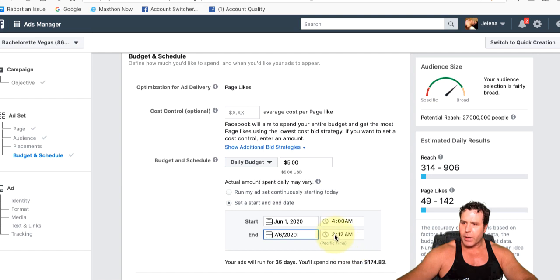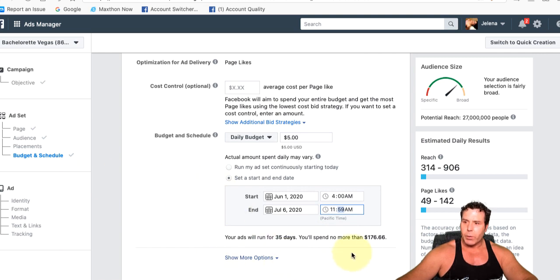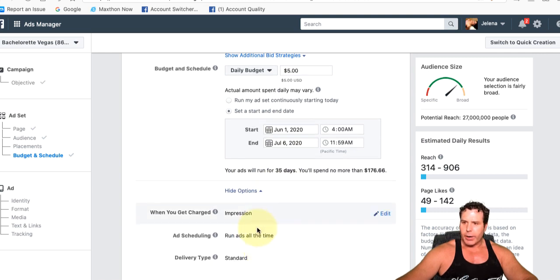Okay, we want it to spend the full amount. So let's go 11:59. The $5 a day is $25, and once it hits that $25 threshold, hopefully we can open those other ad accounts up, and start warming those up as well. All right, none of this stuff is changing here. Now we just hit continue,